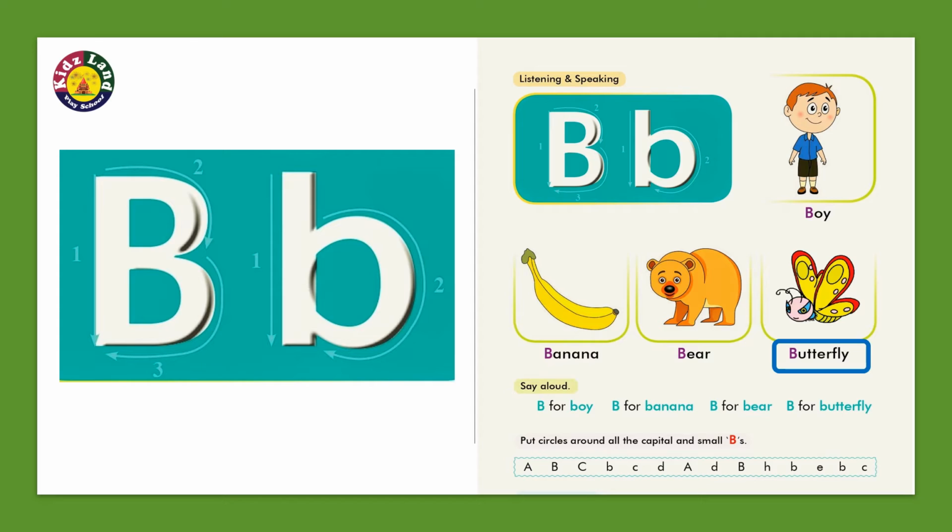Now we are in the lower kindergarten, so we have to read it out as we identify all the small and capital letters now, right? So, read all the 4 words for me loud and nicely along with me. It is B for boy, B for banana, B-A-N-A-N-A, banana, and B for bear, B-E-A-R, bear, and then B for butterfly,